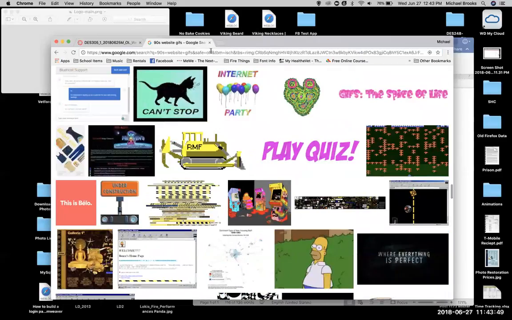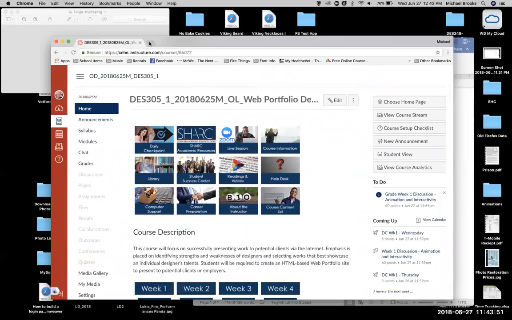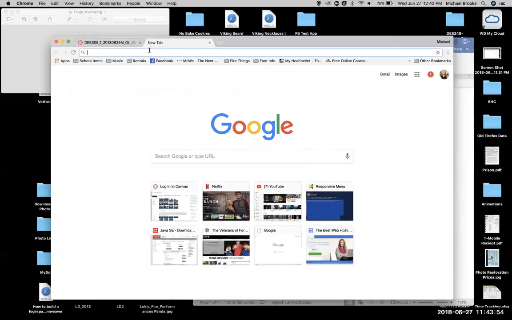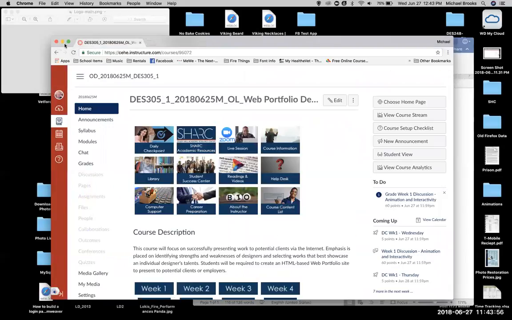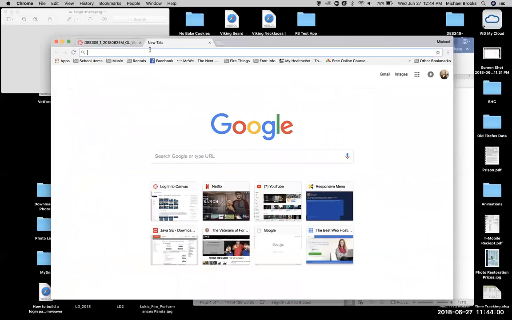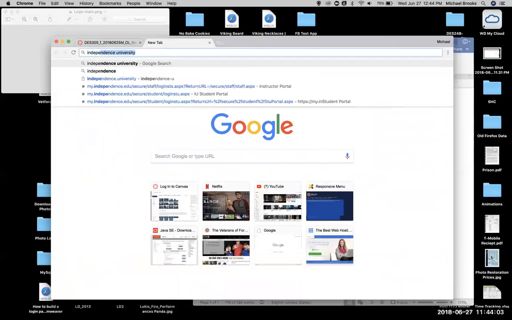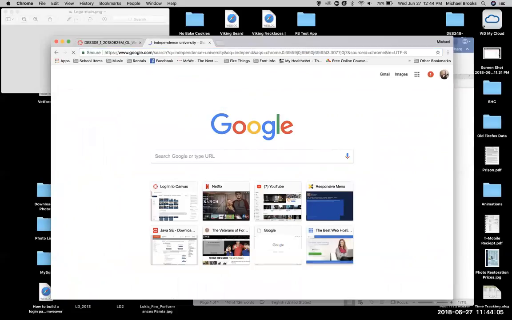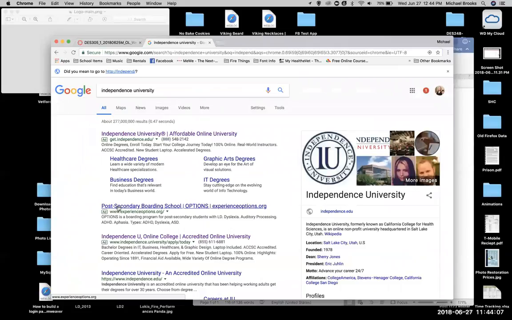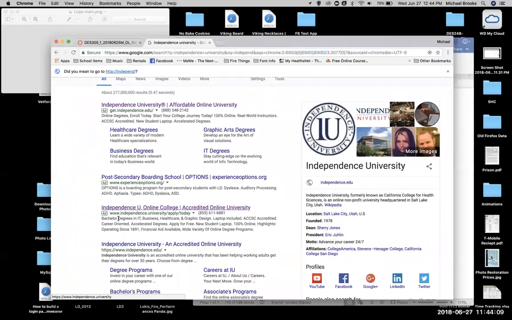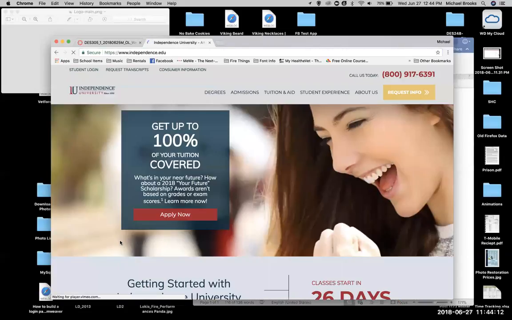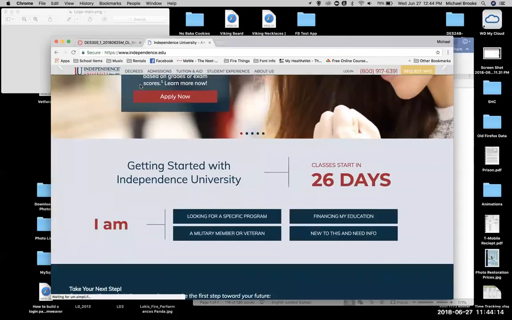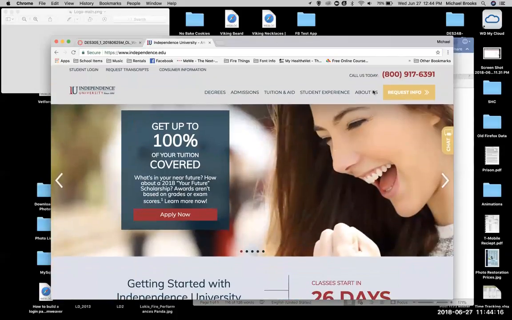All right, so that being said, now what we're going to do is discuss some of the things for a layout. What do we need? I closed it. University. All right, this is their main page now. See, each one of those is different, as you're starting to see. Now, why did I do that? Well,